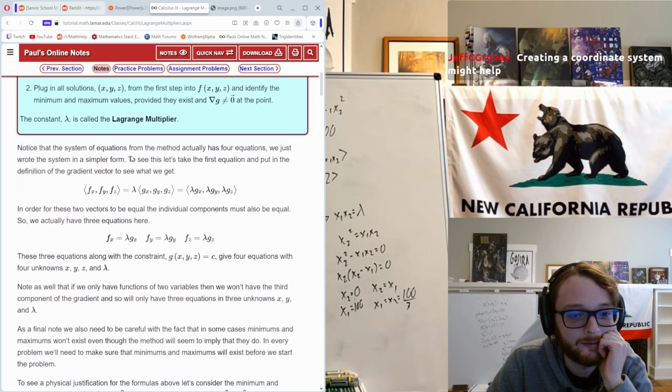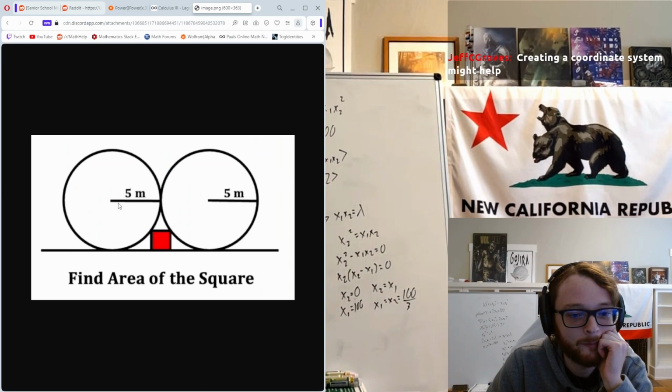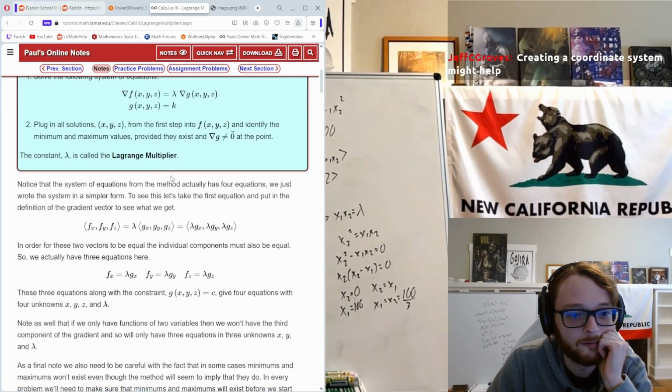Yeah, Jeff. So I think you can do something from the center to halfway through the square, and it should be the same distance as from halfway through the square to the center. You can figure something out from there.